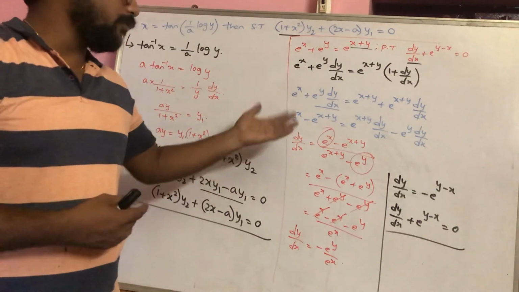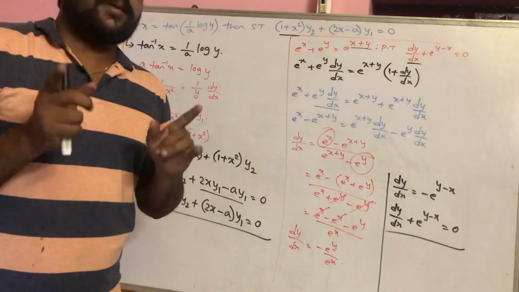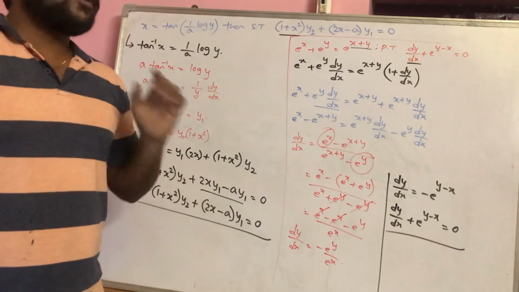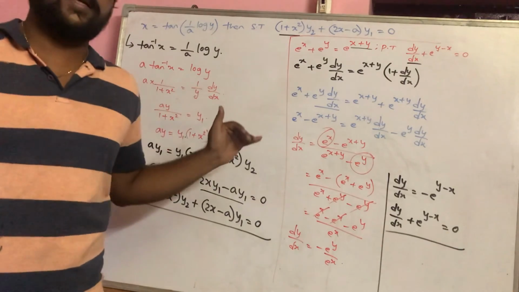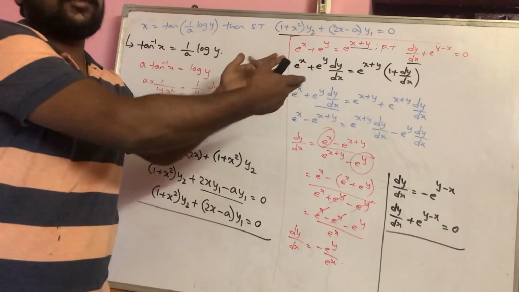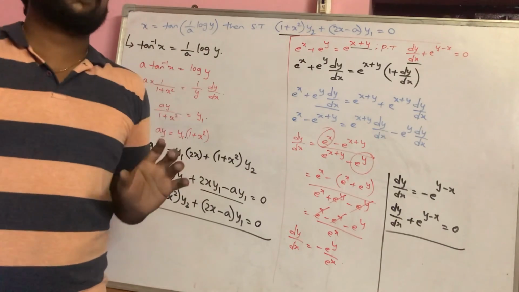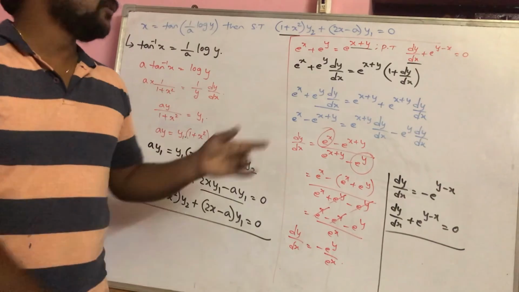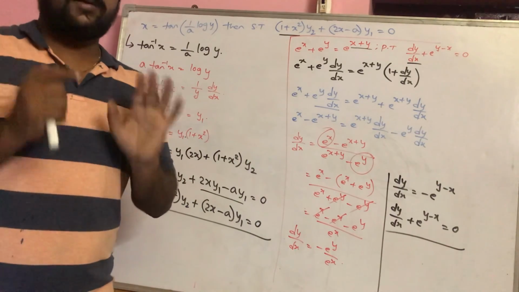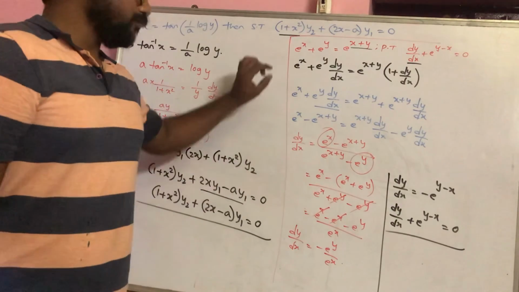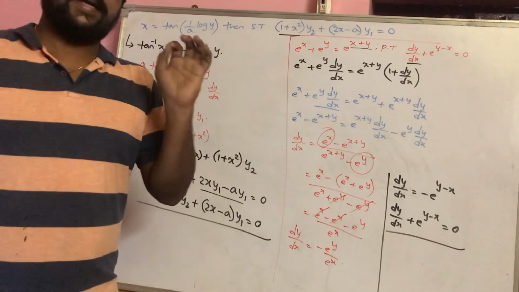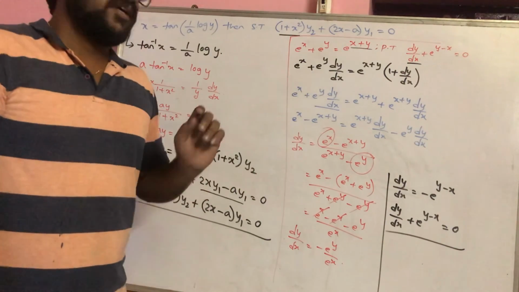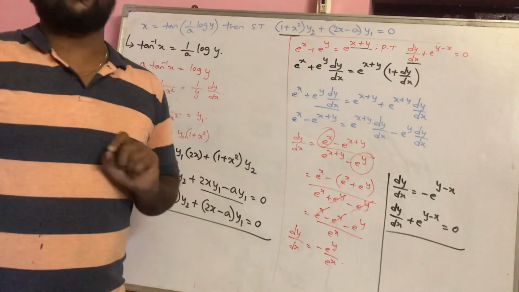So the point that you have to notice here is, sometimes the proving parts make you use the question in between for getting the answer. If you remember this logic I told you when we dealt with second order differentiation itself, that time also I told you, at every level of solving, try to make use of the previous part of the question to get the answer. That logic cannot be restricted to only second order differentiation. You can use it with first order differentiation also. The only thing is, whenever you are simplifying, try to keep the question in your mind. Anywhere, if you get a chance to use the question, better use it, because you will get the answer in a very simplified way.